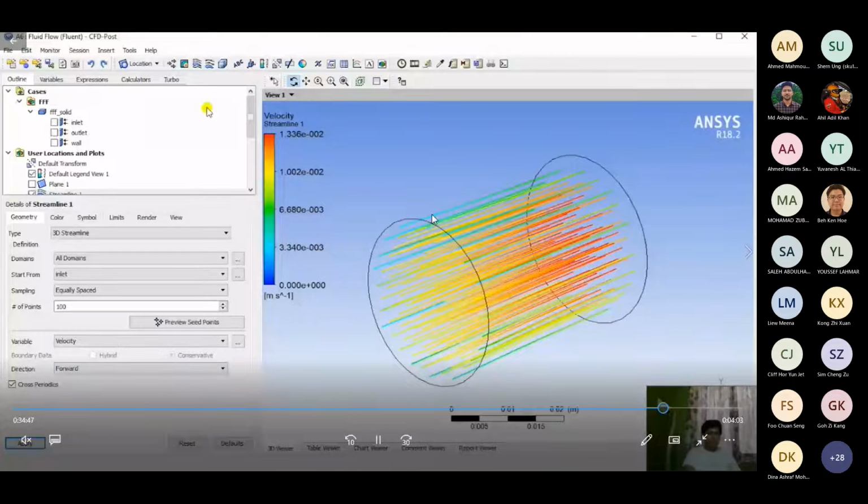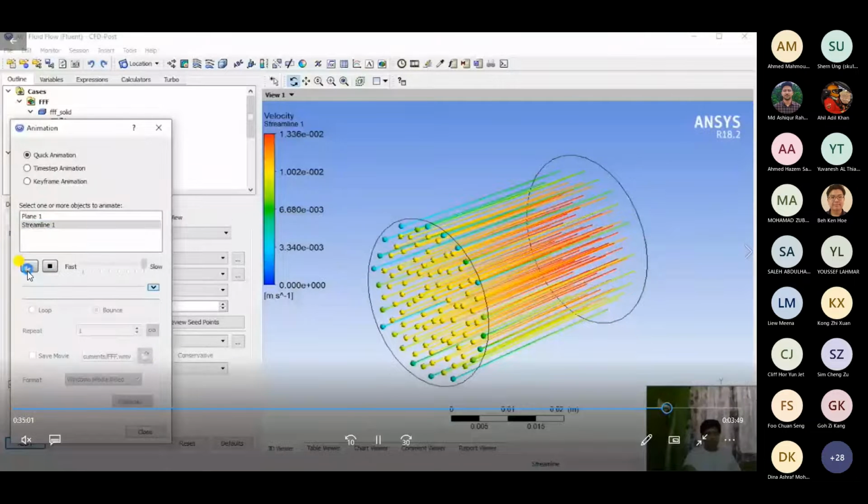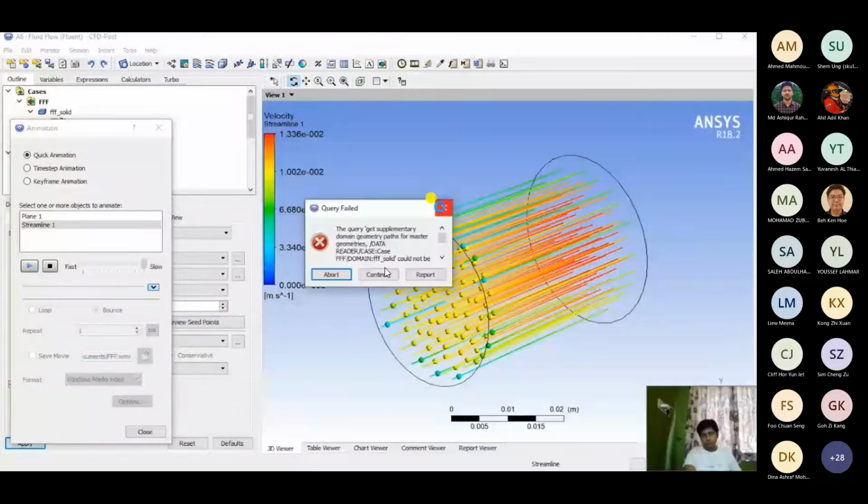Also, we can animate how the particle flows using the animation option over here, where I would select the streamline option with the quick animation, making it as slow as possible, because if I keep it fast, it will just go very fast.